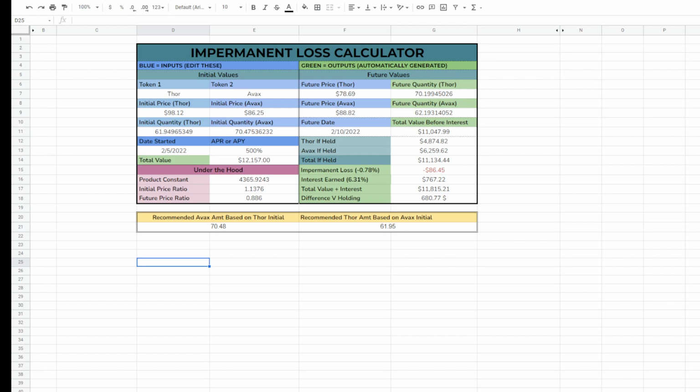I continue to want to make these impermanent loss videos. One, because it is quite a confusing concept, and honestly, I'm still trying to become a bit more of an expert around it. And at the same time, I am in this Thor-Avax liquidity pool. And just as we go through it, it's very interesting to see what all is going on, at least from my view. And this is a calculator